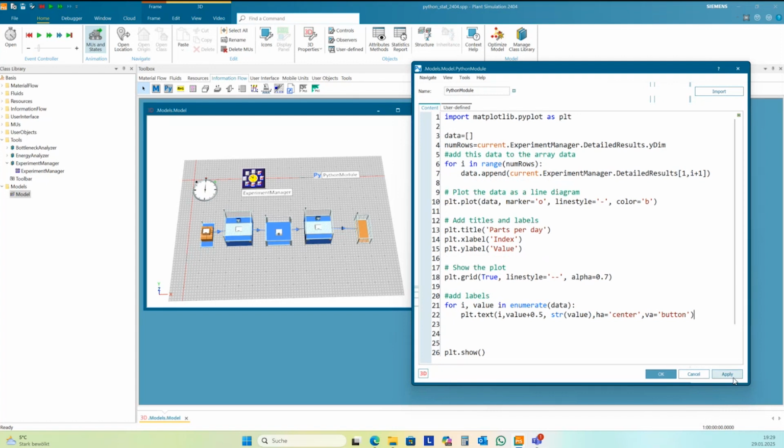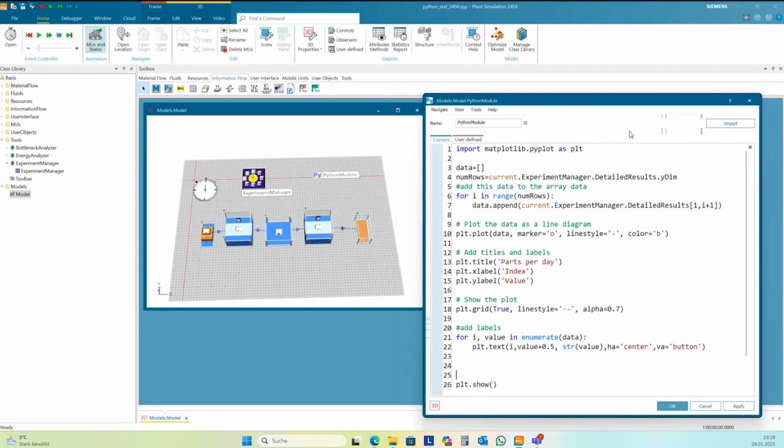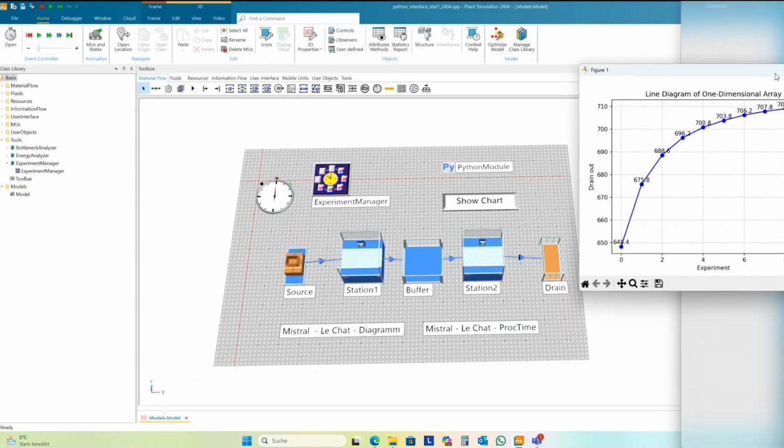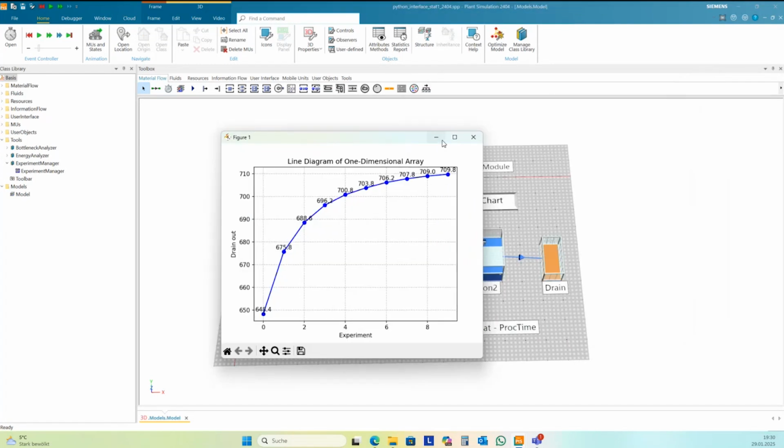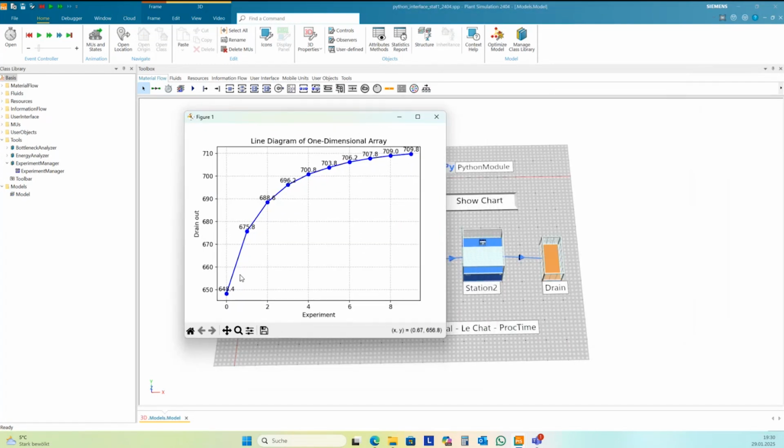I have selected some settings from the documentation. You can find really good documentation for Matplotlib on the internet, and now it looks like this here. We have the values here on the points, and have points at the line and so on.